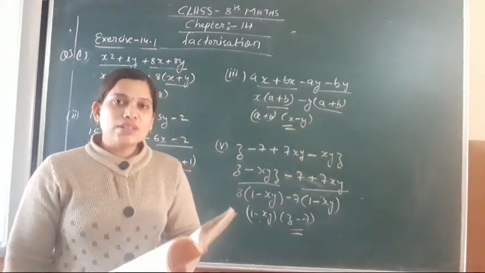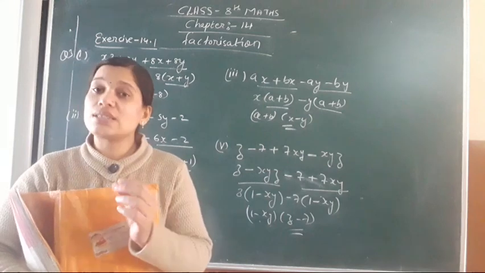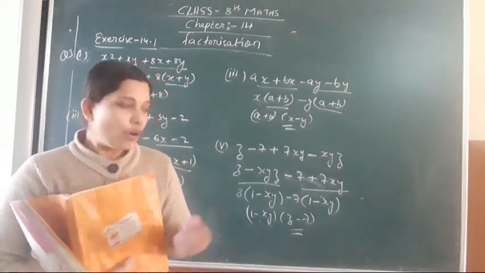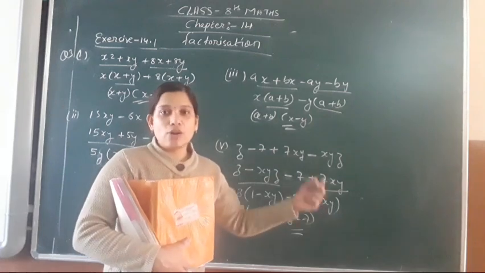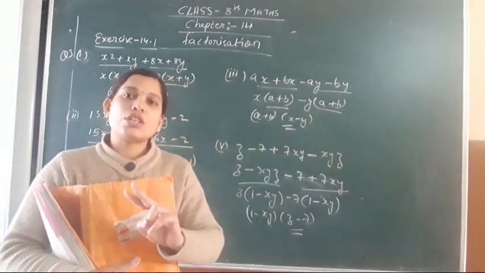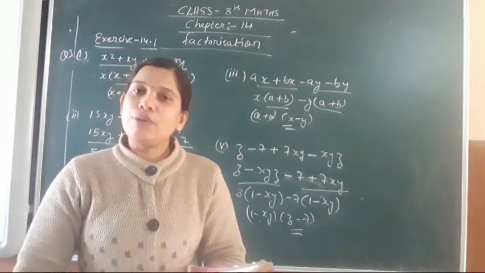So dear student, in the question, what you have to do is make the pair of the terms in such a way that while taking the common, the terms which are present should again be taken as common. So twice you have to take the common, okay. So while making the pair, be very careful.